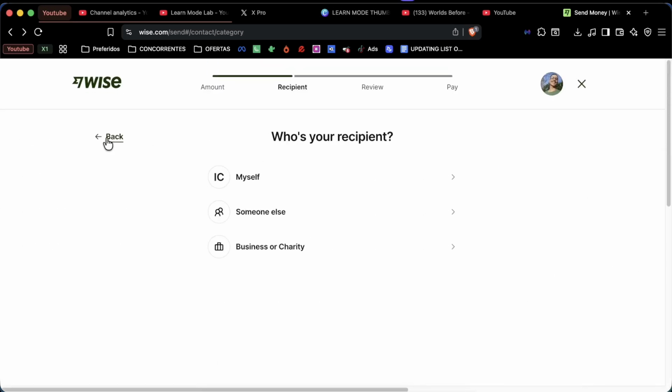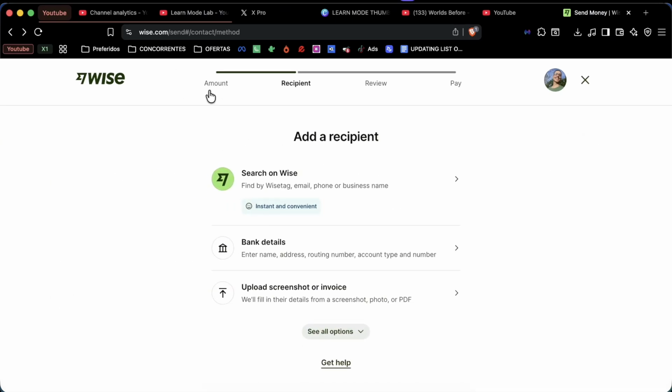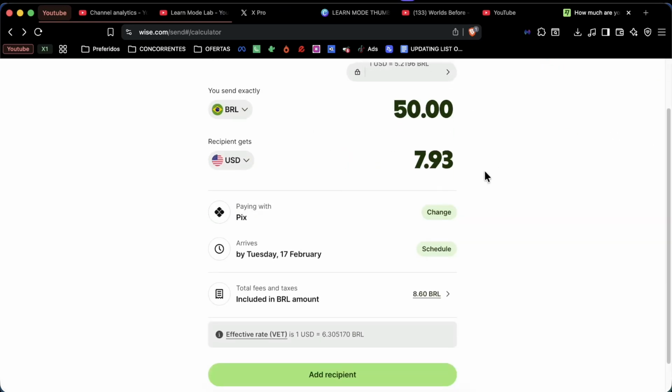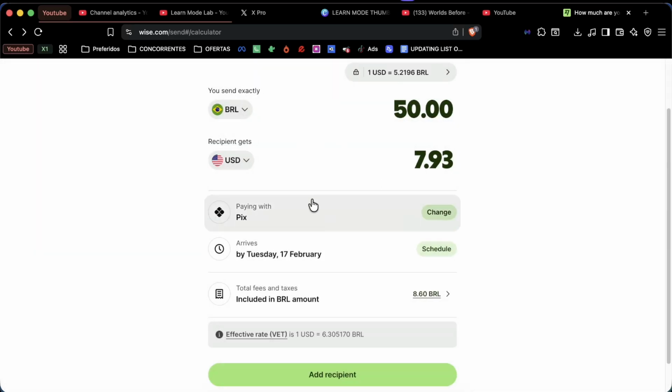Wise will instantly show the transfer fee, the exchange rate if converting currency, and the exact amount the recipient will receive. Review everything, then tap Confirm and Send. Choose your payment method if required and complete the transfer. Transfers to U.S. bank accounts via ACH usually arrive within a few hours or up to 1 business day, depending on processing times. And that's how you transfer money from Wise to a U.S. bank account in